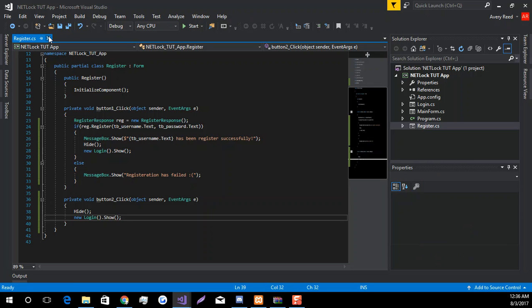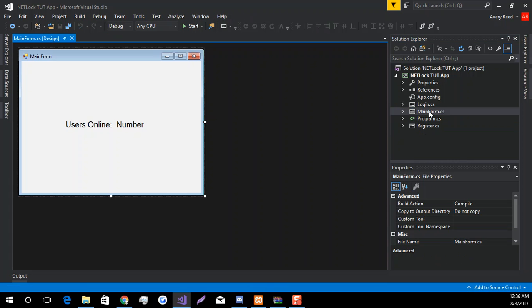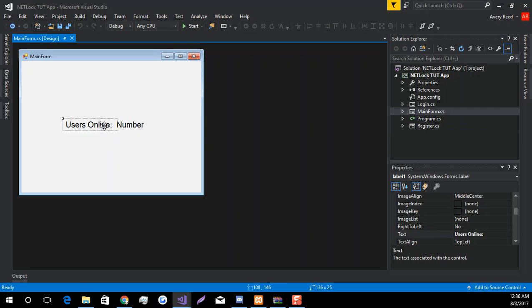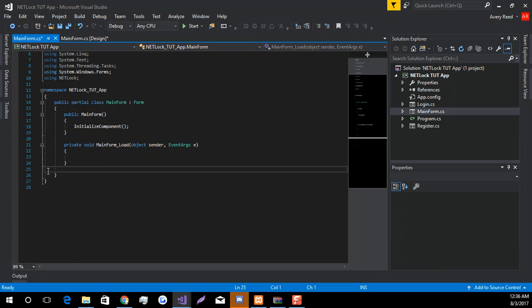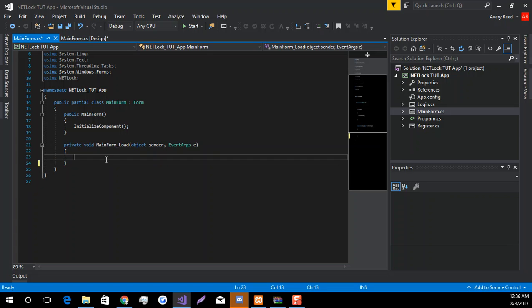Now that we have that out of the way, we can go to our main form, which I have set up to display a number of users online, because that's a feature within NETLock. You can check your database, check the online status. If it's true, it'll count the number of members that have true as their online status and display a number of users that are logged into the tool. So, under main form load,